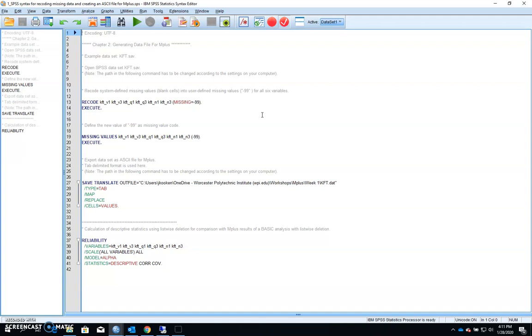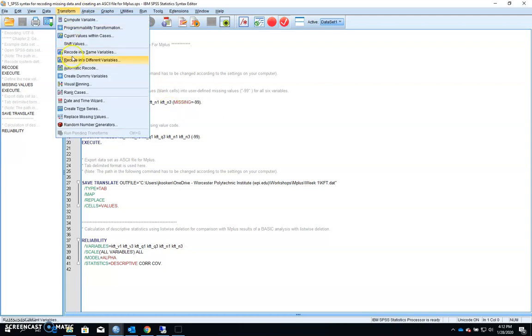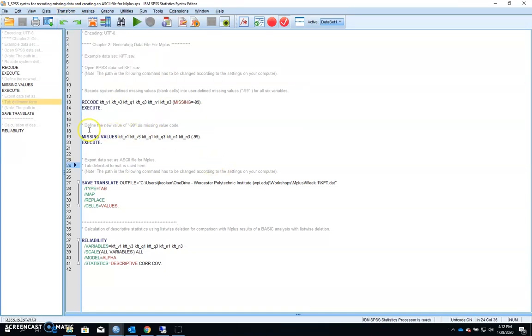From my experience and what I've seen from a lot of other people's suggestions as well, the most effective way to code missing values is by using -99 or sometimes even -999. You don't want to use any code that would show up as a legitimate value for a variable. So you can use this syntax, or you can also use the transform recode into the same variables drop-down menu. In addition, you need to tell SPSS that these are missing value codes, and that's what this line of syntax